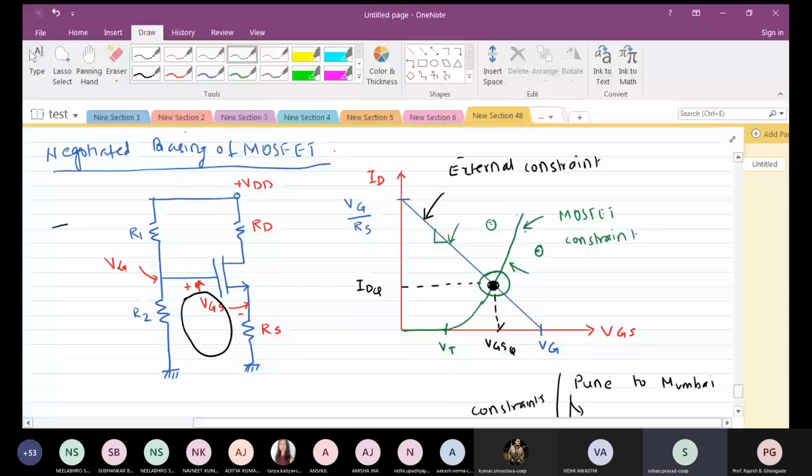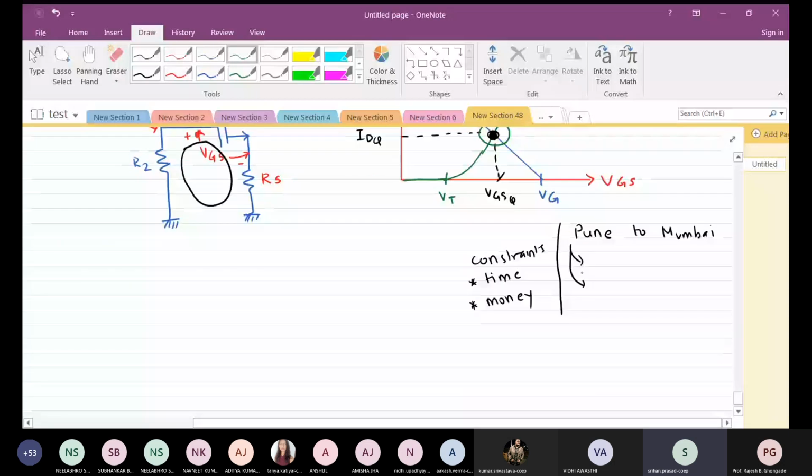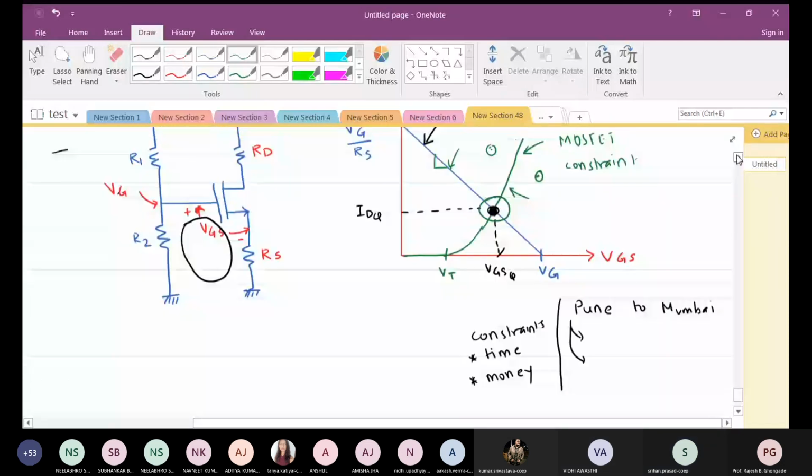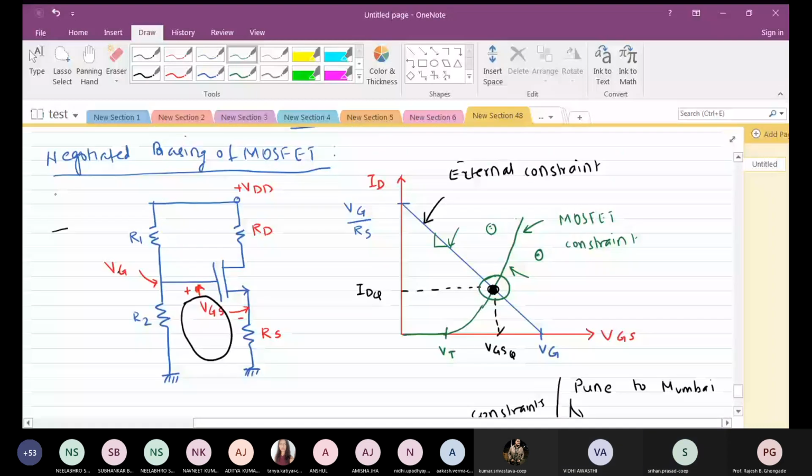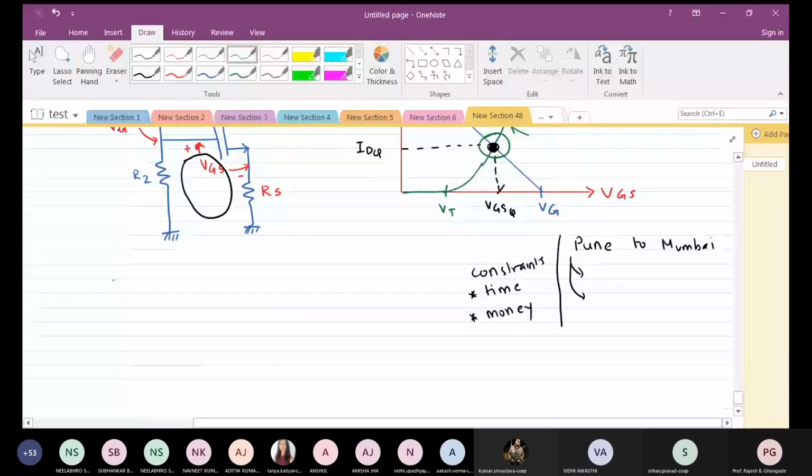This is very, very important. Is it okay with all of you? Any doubts, any questions? And that is why it gets its name, negotiated biasing. It is a negotiation between the load line and the transfer curve. Compromise, common point, solution, whatever you would like to call it. So we have